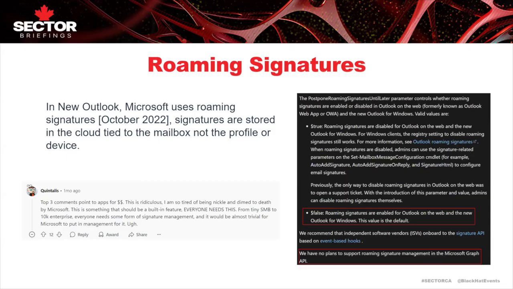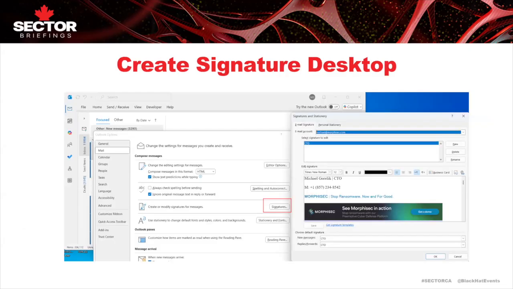You can disable roaming signatures and then go back to the original situation in which you need to somehow manage it by yourself. But if you do by default manage them centrally through roaming signatures, you can set up your signatures as a private person, or give away the functionality to your IT.